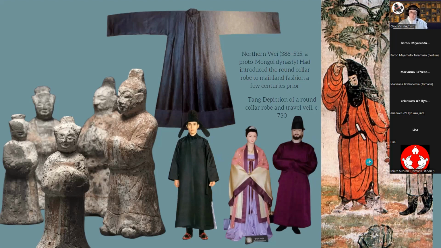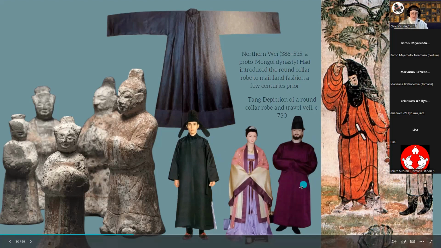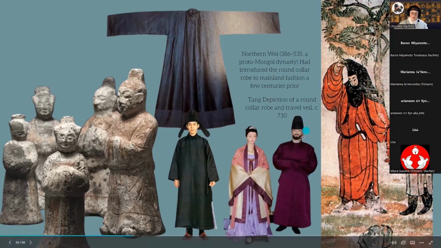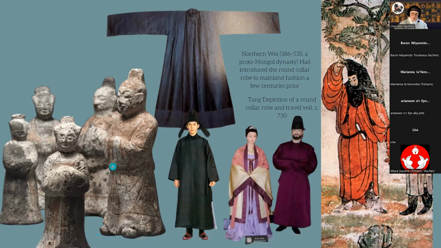So here you can see this guy just lets it kind of flap and cover his hands when he's walking. But then if you actually want to use your hand, you gotta hold your hand up and shimmy it down. So that's a common misperception. These sleeves are barely touching each other, but this guy's dressed like an official, and he would have had the mega long sleeves, and that would be bunched up like this.